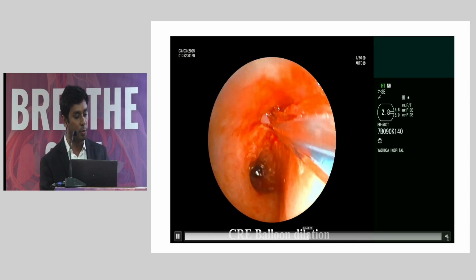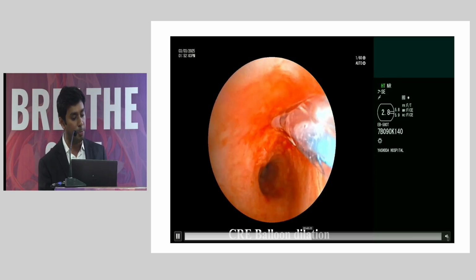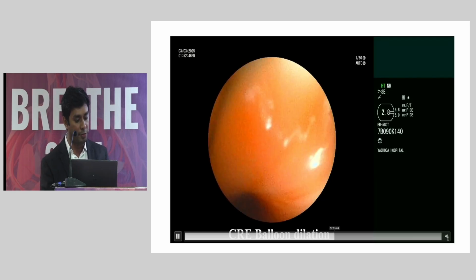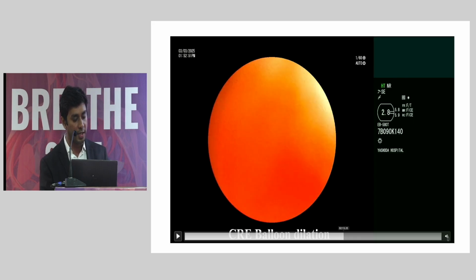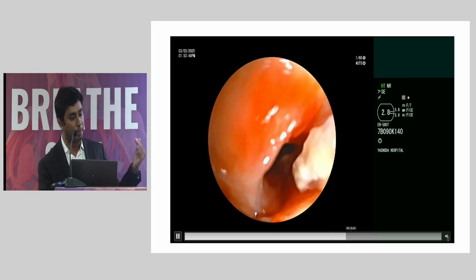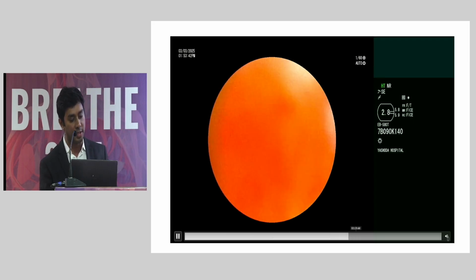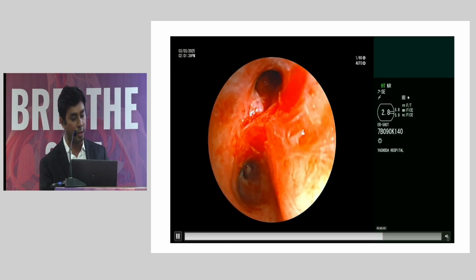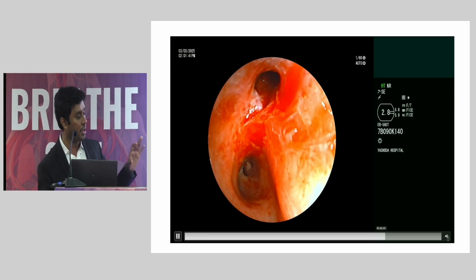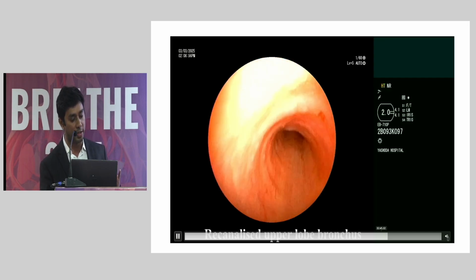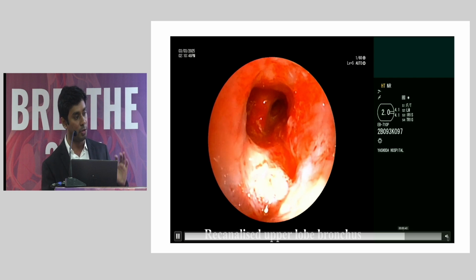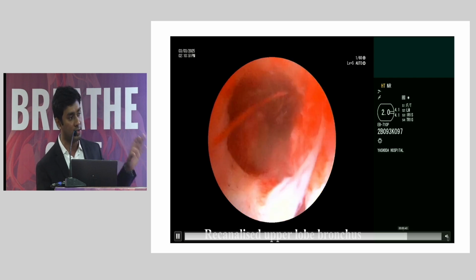Now you can see that once I have opened up a little portion of the right upper lobe, I am passing the CRE balloon and dilating with the help of the CRE balloon. And once the CRE balloon is dilated, you will see that the pus which has collected distally is exuding, and I am later removing all the granulation tissue with the help of the cryoprobe. And now you can see a right upper lobe which was not there has become almost completely recanalized, the right upper lobe is saved, and we are even able to see the distal subsegments.